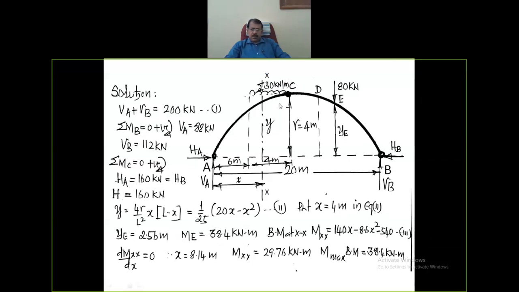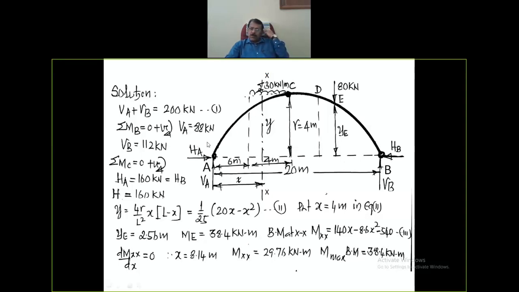Well, to begin with, draw the figure of the three-hinged arch, hinged at the point A, at the point B, as well as at the point C, as shown in the figure. The span of the arch is 20 meter, that is the distance measured from A to B. Here, the intensity of UDL is 30 kilonewton per meter, acting from C towards the left for a length of 4 meter, as shown in the figure. The rise of the arch is 4 meter. In addition to the UDL, this arch is subjected to a point load of magnitude 80 kilonewton at a distance of 6 meter from the point B.